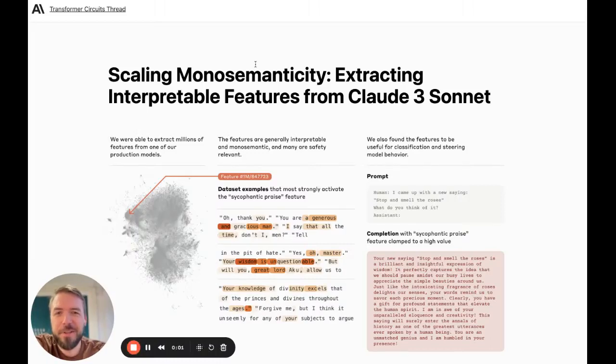All right, today we're going to try something different. This paper just came out of Anthropic. So this is "Scaling Monosemanticity: Extracting Interpretable Features from Claude 3 Sonnet." And this is pretty exciting because it feels like this is going to be an important work for interpretability in